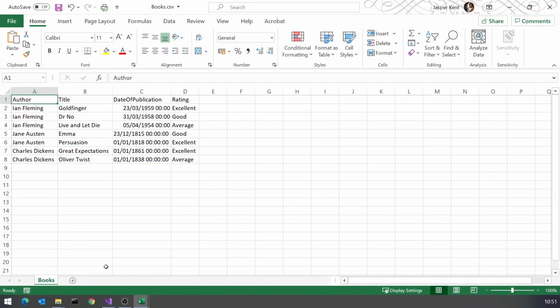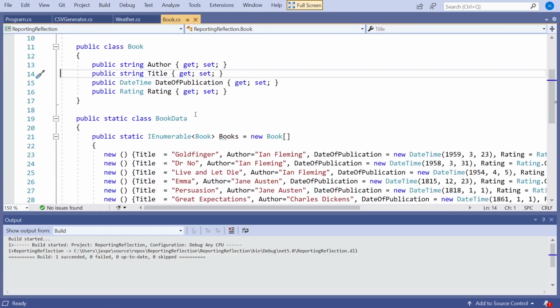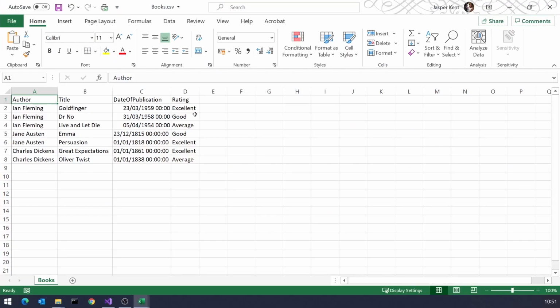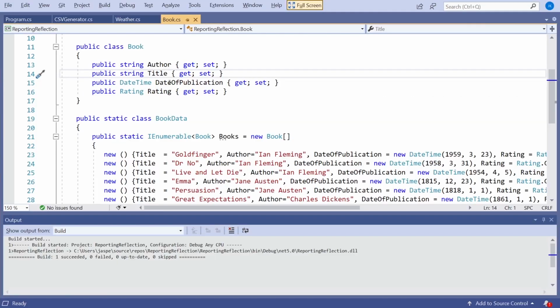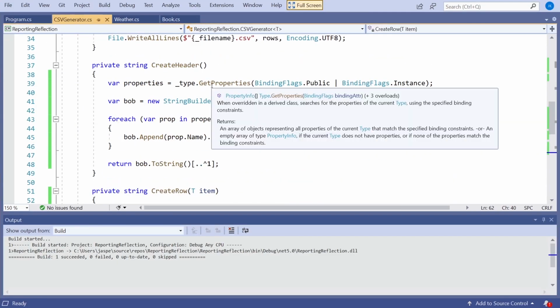But if you remember back to what I was talking about earlier when we had the specific one for book, the issues I highlighted there are now not quite as good as they were, because the ordering is now the ordering that we had in the declaration. So if we look at our declaration of book, author, title, date of publication, rating, that's what we're getting on there, which may not be what we want. But when we do the get properties, it lists them in the order that they're declared in the class, which at least means it's the same. We're getting the right data in the right column, but it may not be what we want.